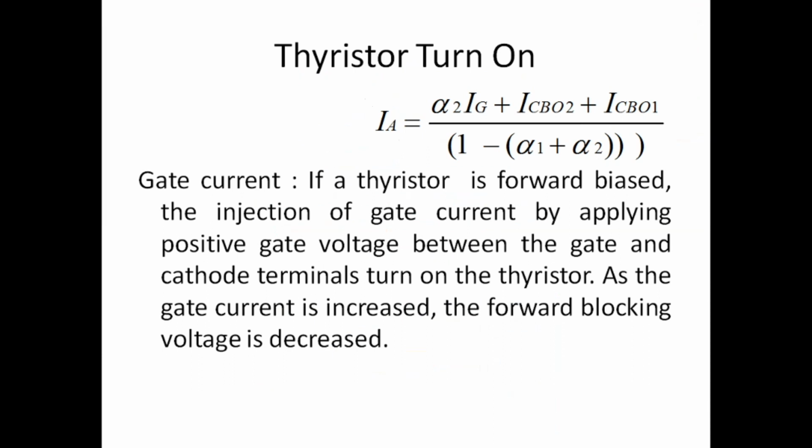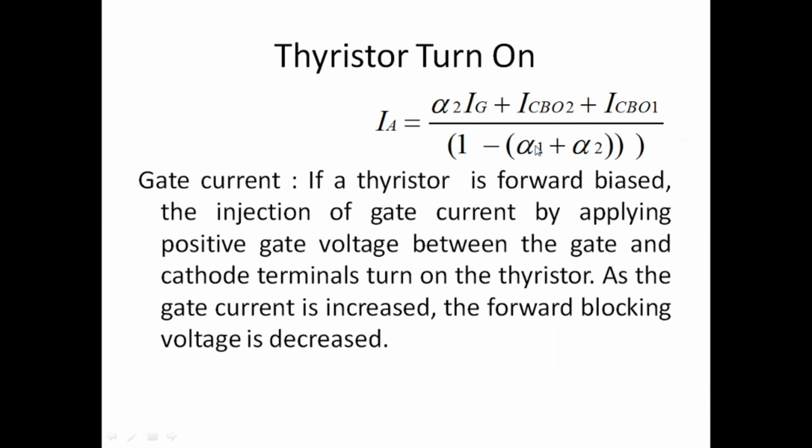Here ICBO2 and ICBO1 are the collector to base leakage currents of transistor 2 and transistor 1, if you analyze an SCR as a two transistor model. Ig is the gate current, alpha 2 is